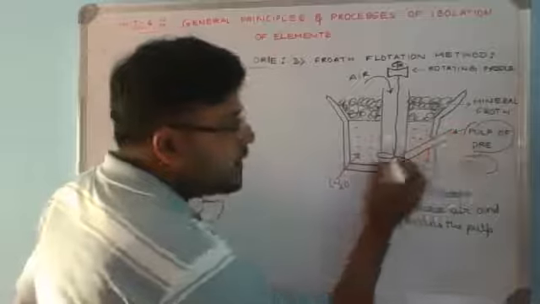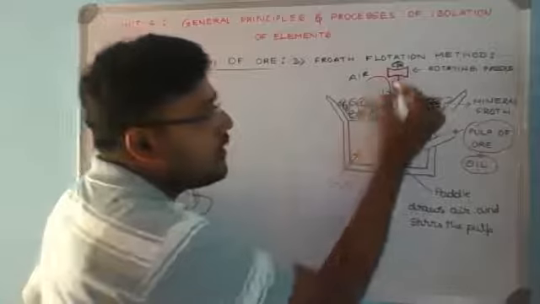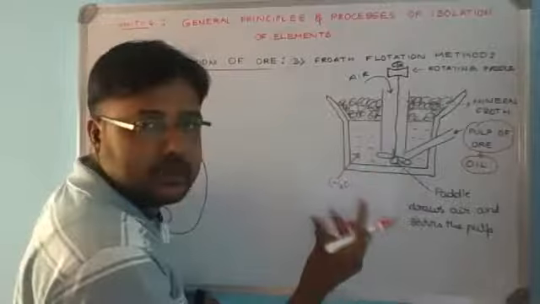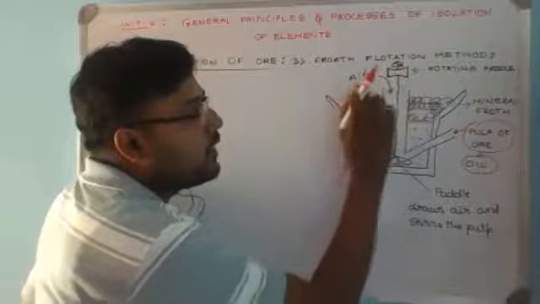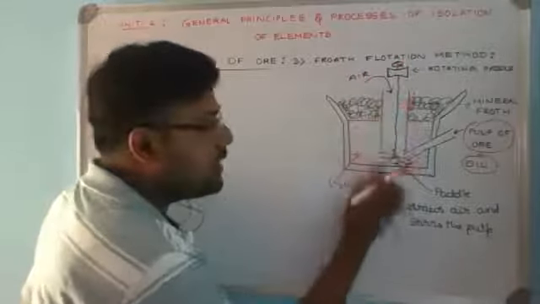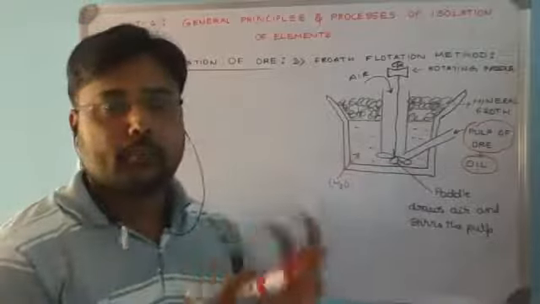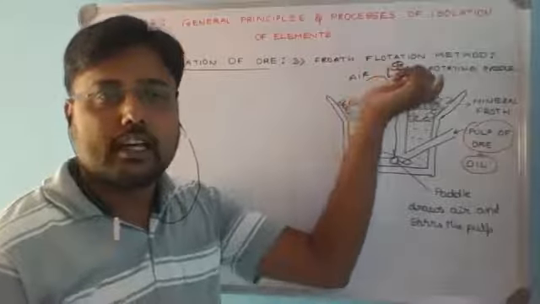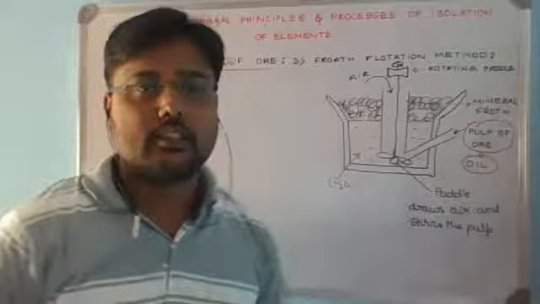And the side tube is connected to a rotating paddle. That means there will be a motor fixed to it, and paddles like a fan arrangement will be present in the liquid. Once the motor is switched on, it will take air into it and will stir the paddles. That is, these paddles will rotate by drawing air into it with the help of the motor fixed to the apparatus. Now this complete arrangement you are going to make before the process is done.